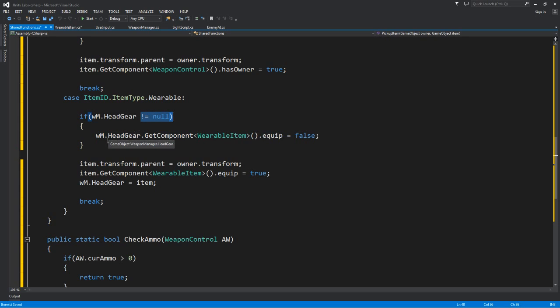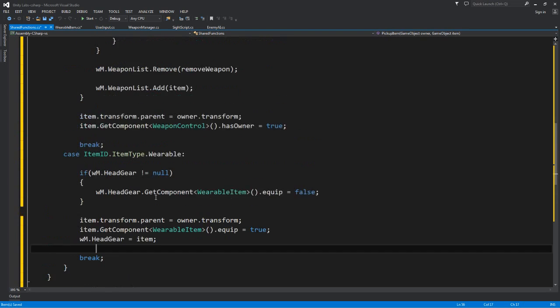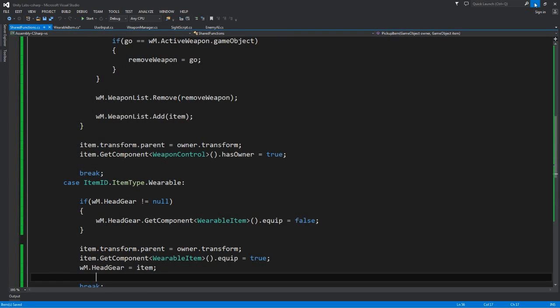So if we are already wearing a helmet, then simply unequip the previous helmet, and then the parent of our item will be the owner, the player in our case. Equip, inform that the item is equipped, and the headgear will be this item. And with this simply,